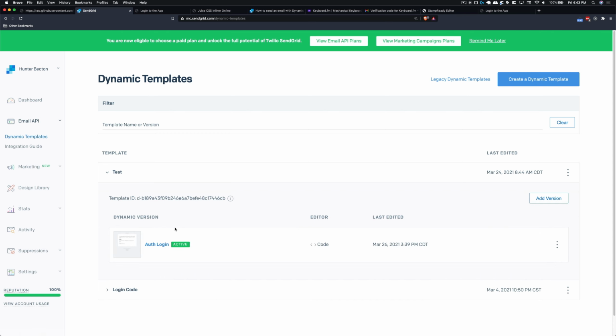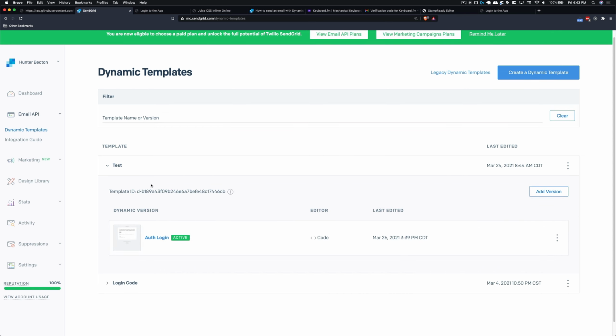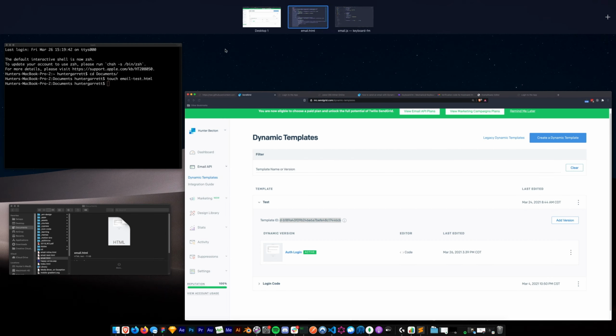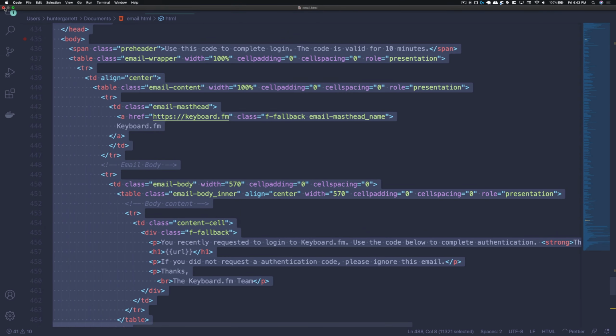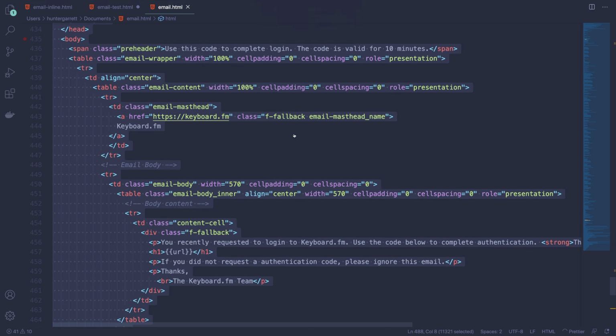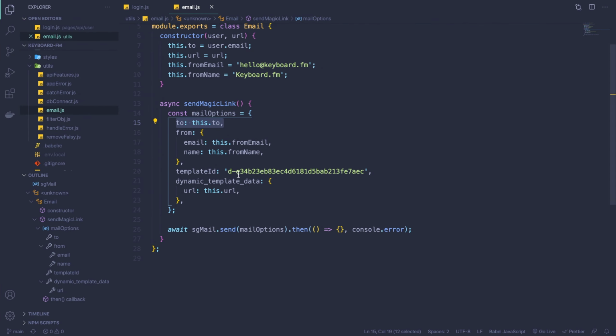This template ID comes right here from inside Sendgrid. So we expanded this under test. The template ID is right here. So if we copy this, and I'm just going to go ahead and close this because we don't need this anymore, and then paste it here, Sendgrid will now know to use that template when it's sending this